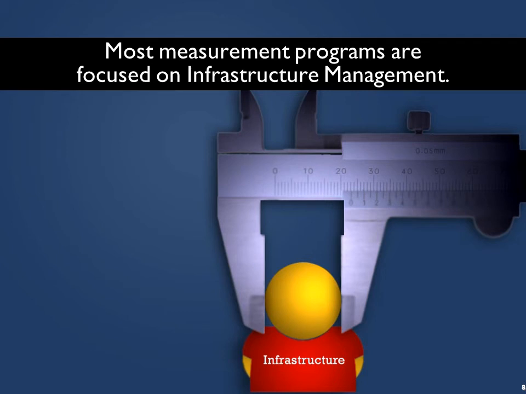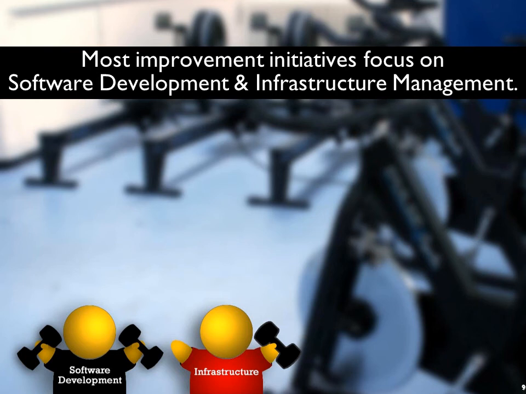In most IT organizations, measurement programs are focused on infrastructure. For example, how much more disk storage do I need? How fast is the response time on the network? Or how much processor capacity do I have remaining on the servers? IT management typically measures IT infrastructure, components by which their function and nature lend themselves to easy measurement. In most organizations, application support is more difficult to measure because of the number and speed of activities, which are constantly flowing through the support team. Most process improvement initiatives are focused around software development and infrastructure management, and not with improving the processes and service